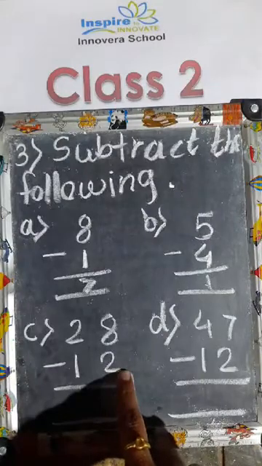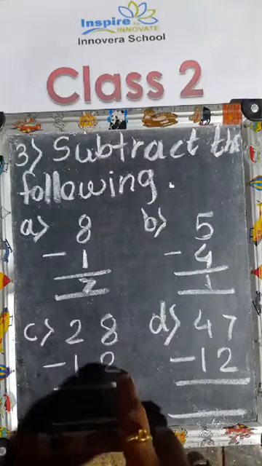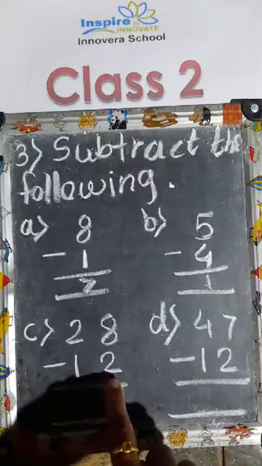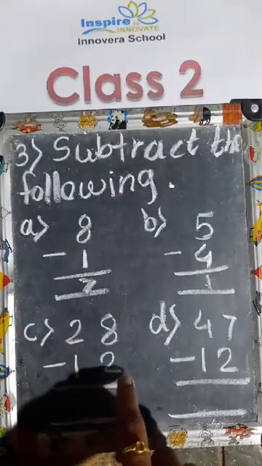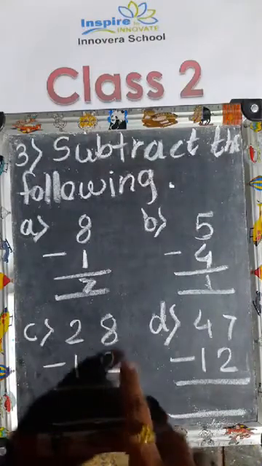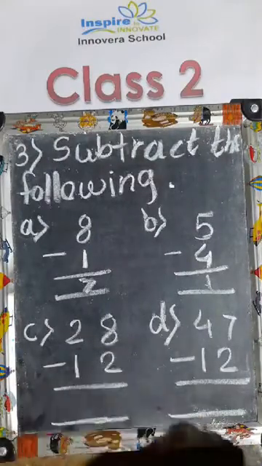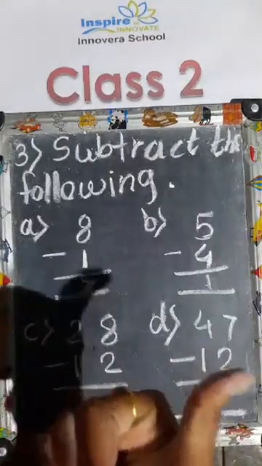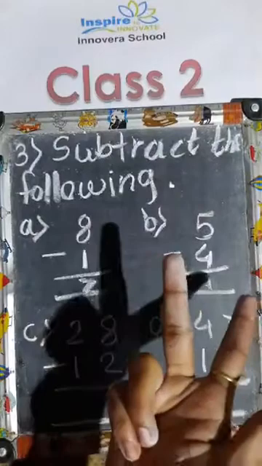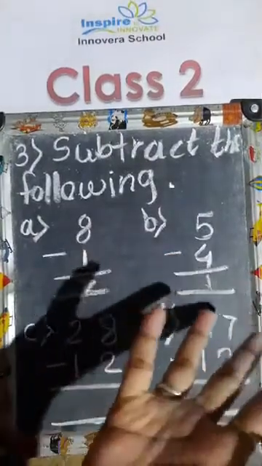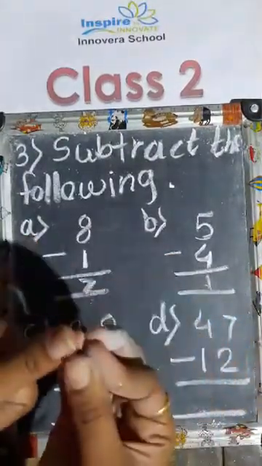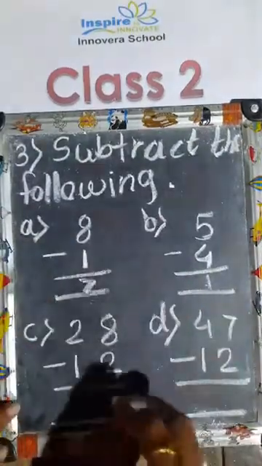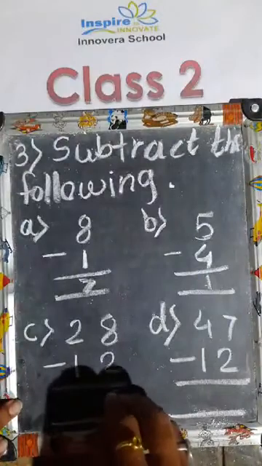Yesterday also I told you how to subtract. The second number is 2. After 2, you can start counting till you get the number 8. I will show you once. After 2: 3, 4, 5, 6, 7 and 8. So what answer have you got? 6. This is an easy way you can use.